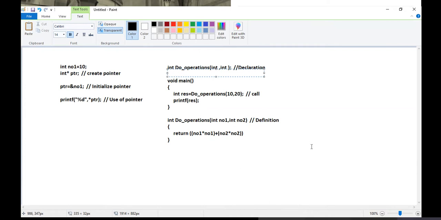I will write the return type as it is, which is integer. Then I will write the signature as it is, which is int comma int, and then I'll start preparing the pointer. I will write star ptr. So here ptr is a function pointer. This is step number 1, create the pointer.